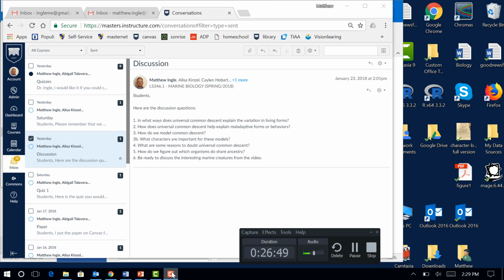And the whole reason why I'm asking these questions is because I want to get you into this idea of some of the advantages of universal common descent. All right, so characters. Yeah, you can use unique characters that don't appear in other lineages. Sure. Like feathers in dromaeosaurs. Any other ideas? They don't have to be specific characters. They can just be types of characters.